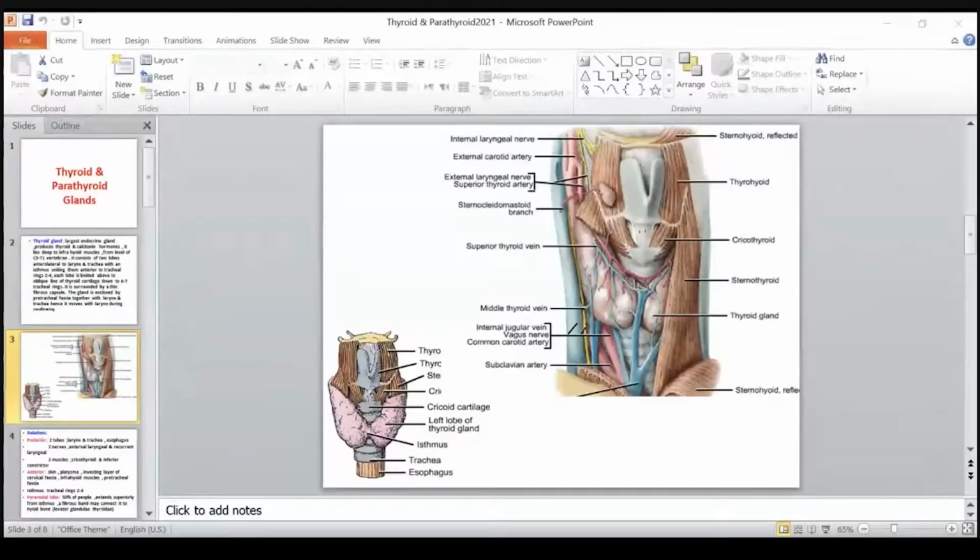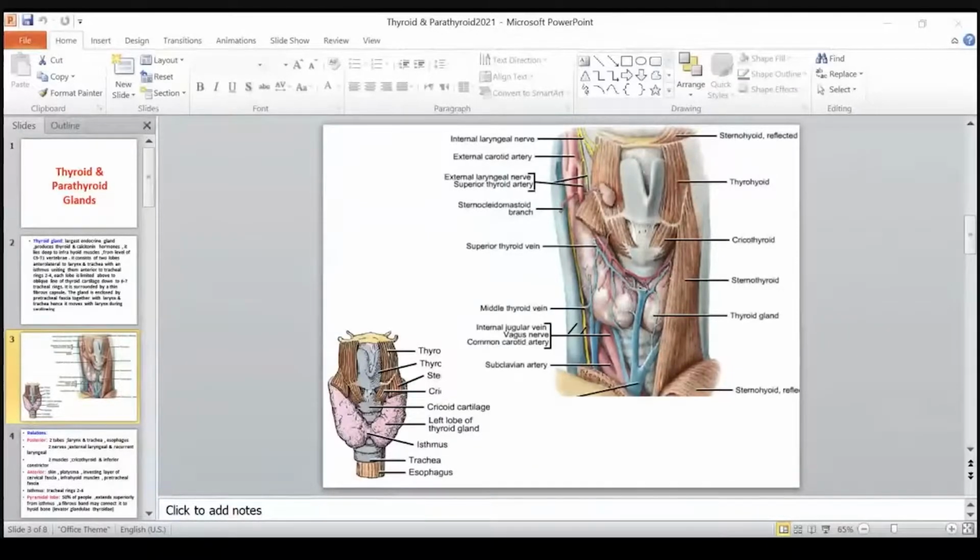Now, the relations of the thyroid lobes. Each lobe has a posteromedial surface or posterolateral surface, medial, lateral, and the anterior surfaces. Here is the anterior surface of the thyroid lobe. Each is covered with pretracheal fascia, and then is covered by the infrahyoid muscles,